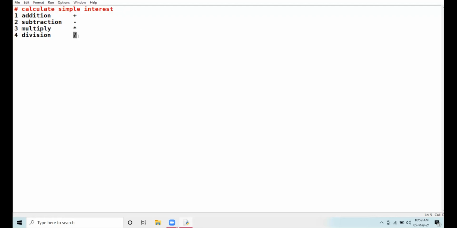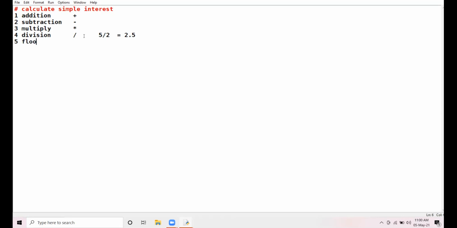The single forward slash, as a division operator, will give the result in decimal form. The quotient of the division will be the result. Suppose the numerator is 5 and the denominator is 2. The result will be 2.5.